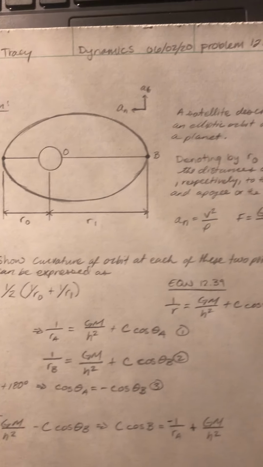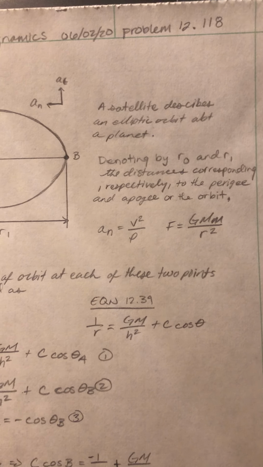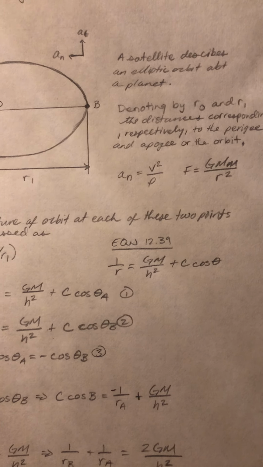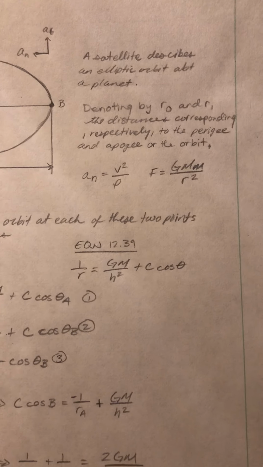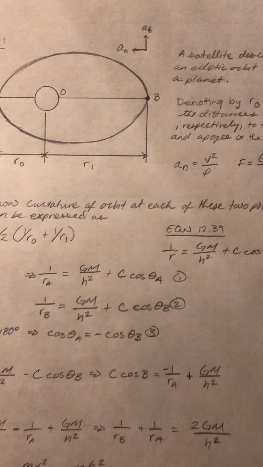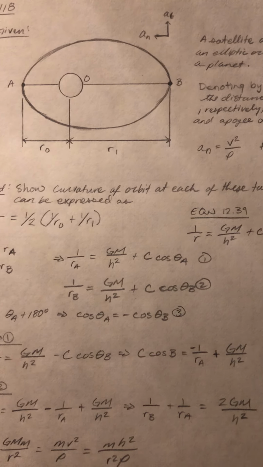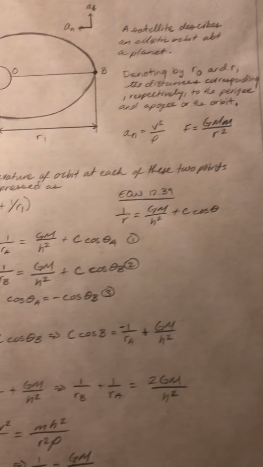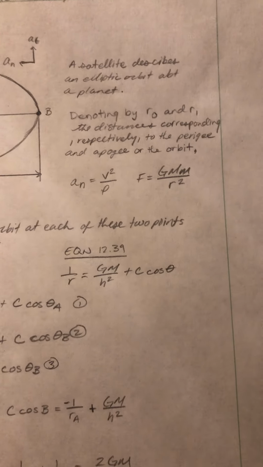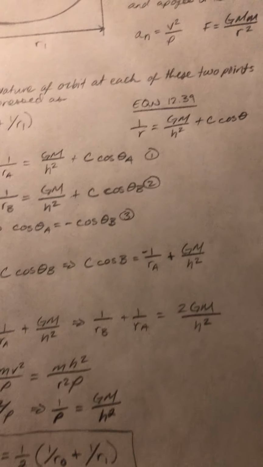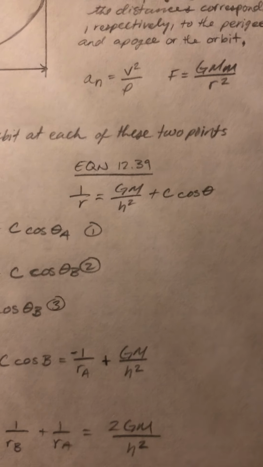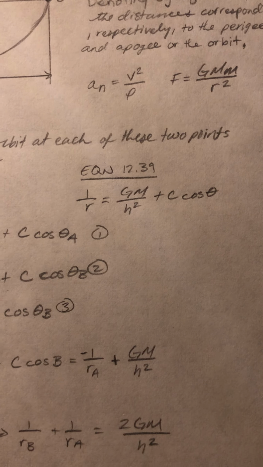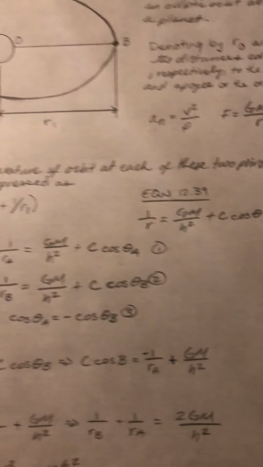We have a satellite that is in an elliptic orbit about a planet. We're not given any values, but we know that the distance from the planet to point B is r1, and the distance from the planet to point A is r0. Using these two equations that we already know, and also the equation that we used in the previous question, 1 over r equals GM over h squared plus C cosine theta,